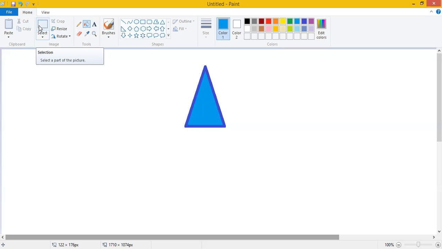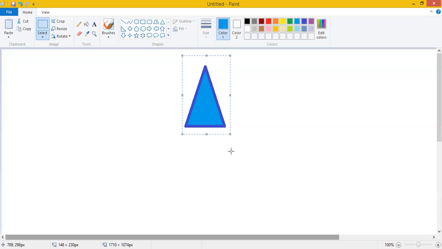We will click on this button and then take our mouse pointer into the drawing area. We have to see that our complete part or object is selected. So we will click the left mouse button, hold it down and select the complete object in the drawing. As we have selected it, now we have to resize the shape of the triangle.